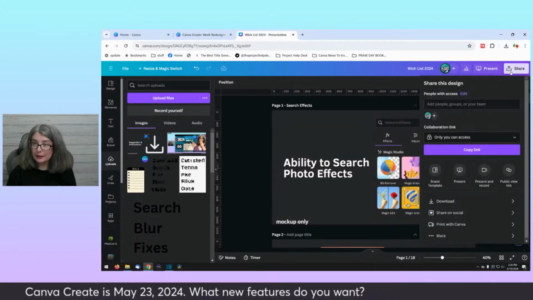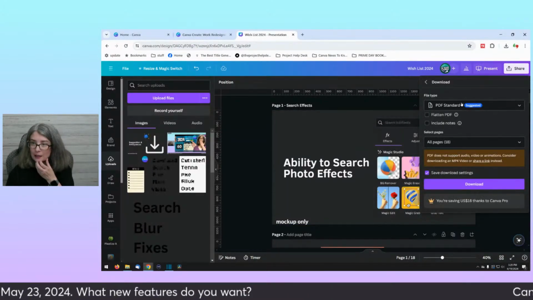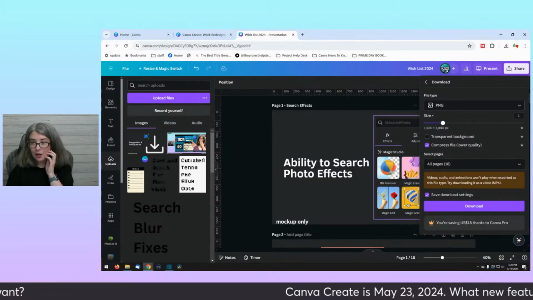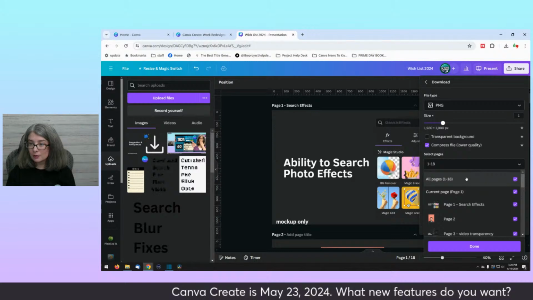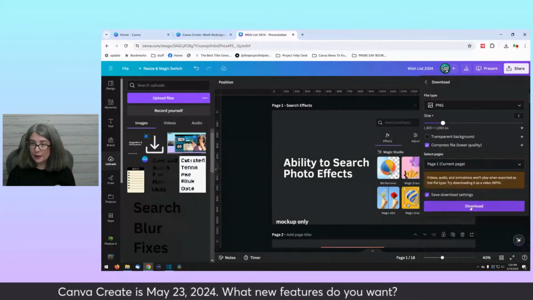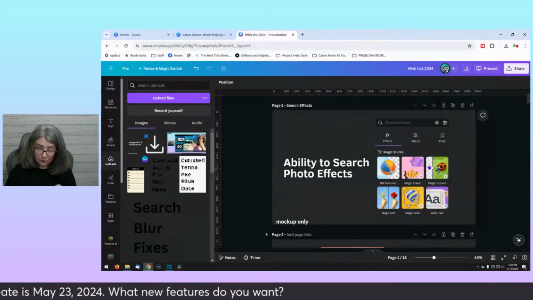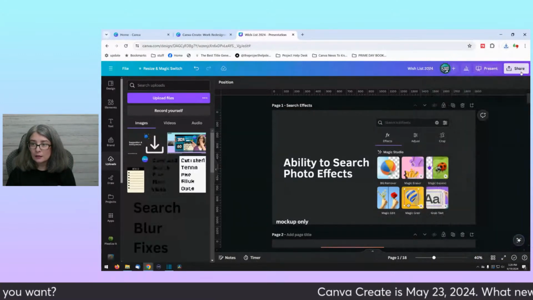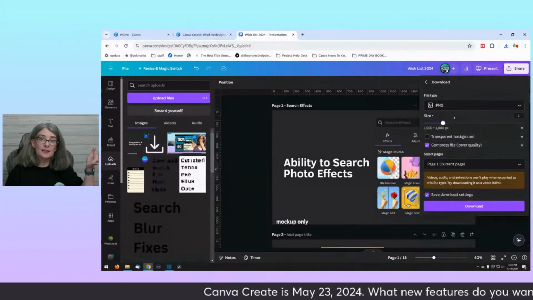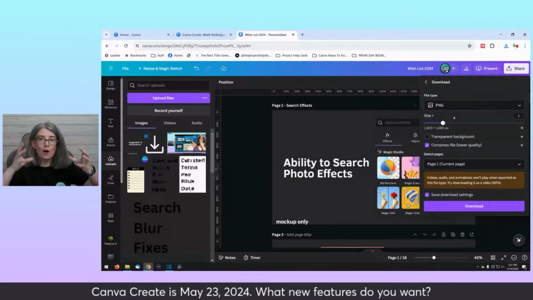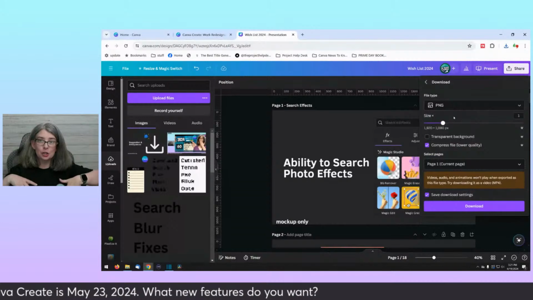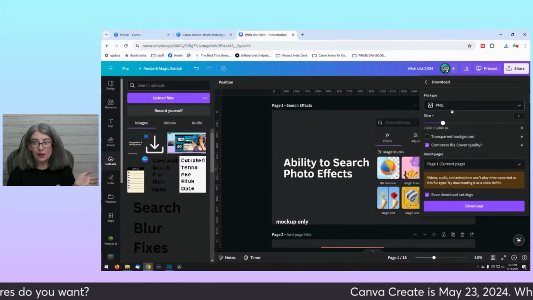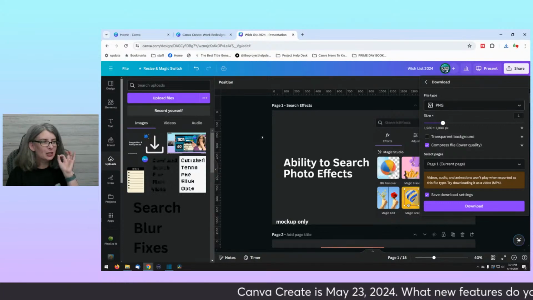Now, I do like that there is a save download setting. So in theory, let me just download this page, right? I've clicked save download settings. So the next time I go in, PNG is saved, but it's just for that one session. If I have to enter it again or go out and come back in, then I have to change the file type another time. So it's a lot.